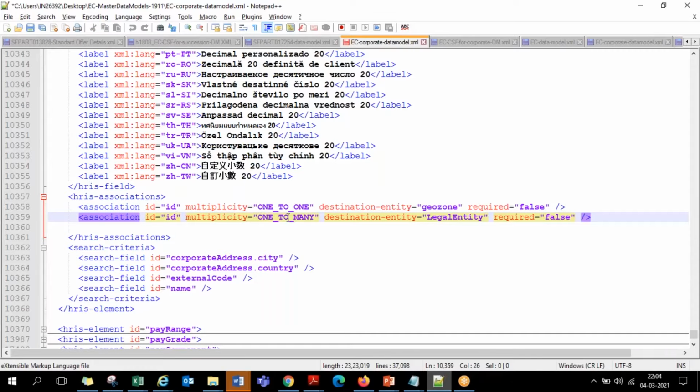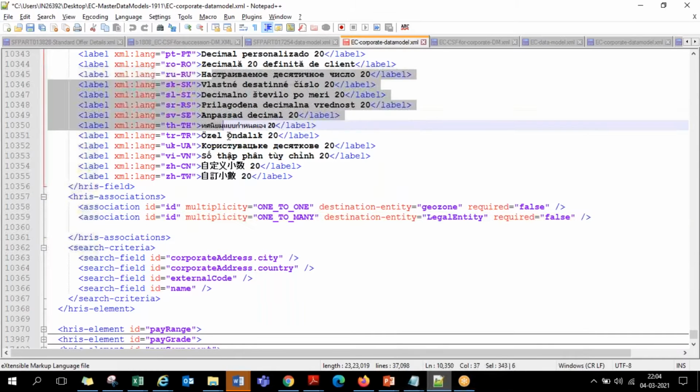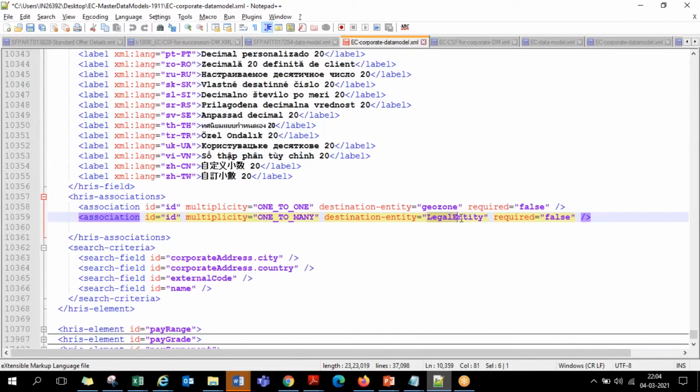And here the second one is our association, legal entity, location. This is a location object on the top, and it is connected with the legal entity. For that, one-to-many is the association that is used. The destination entity is the legal entity, and here we don't have the type attribute. Valid when, composite and all are not applicable on the corporate data model side. Here we have required, true or false. Is that association mandatory or non-mandatory? Required equal to true or false is what is defined.